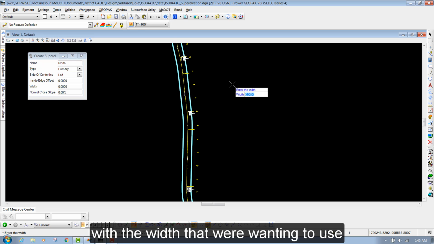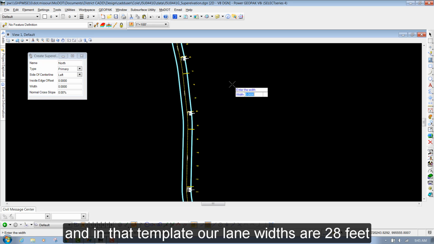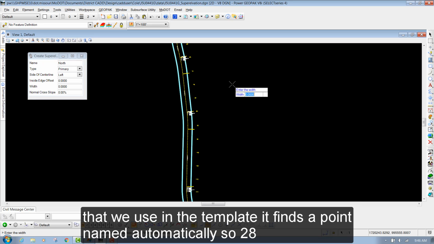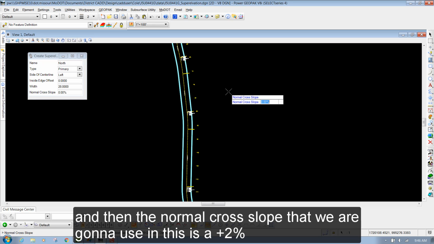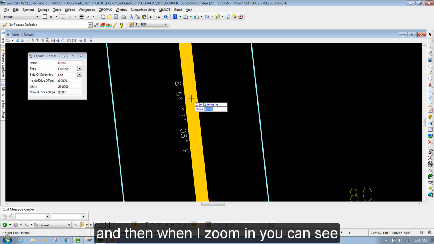But the width that we're wanting to use is 28 feet. And why we use 28 feet is because we chose a template, and in that template our lane widths are 28 feet to that outside point. So when we apply super elevation later, it's going to look for that point name. And if we fill out the same width that we use in the template, it finds that point name automatically. So 28, hit the enter key, and then the normal cross slope that we're going to use in this is a positive 2%. So I'll key in plus 2, hit the enter key,